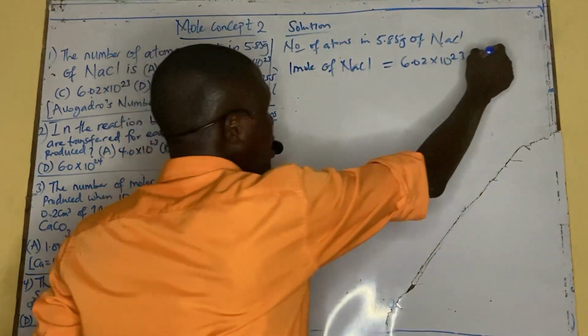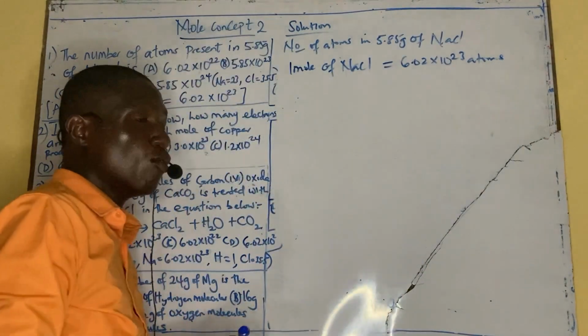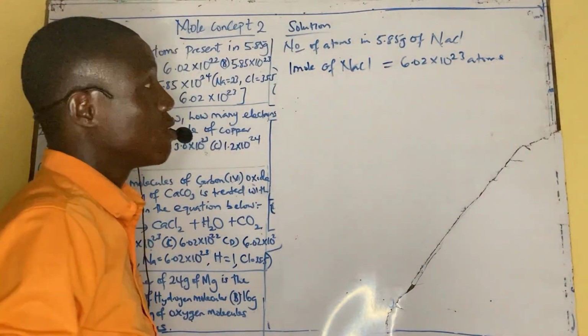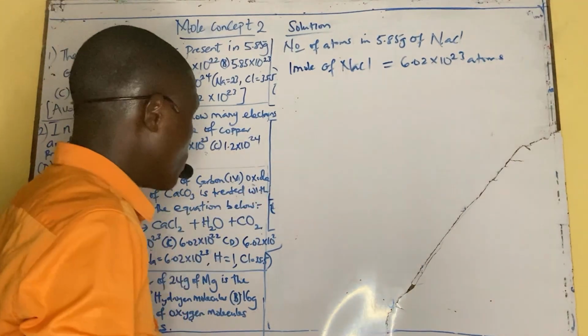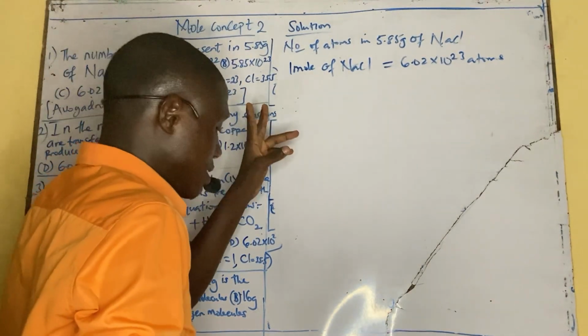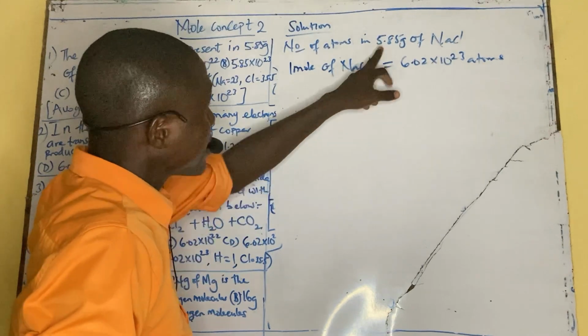Do we agree with that? Every 1 mole of a substance is equivalent to 6.02 times 10 raised to the power 23 atoms. Now, if that be the case, then we are given the